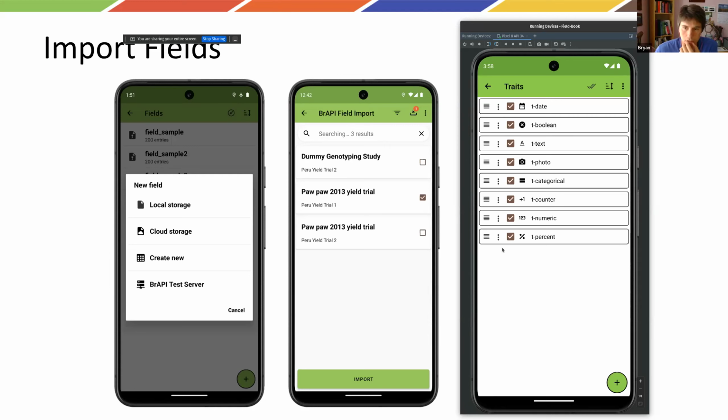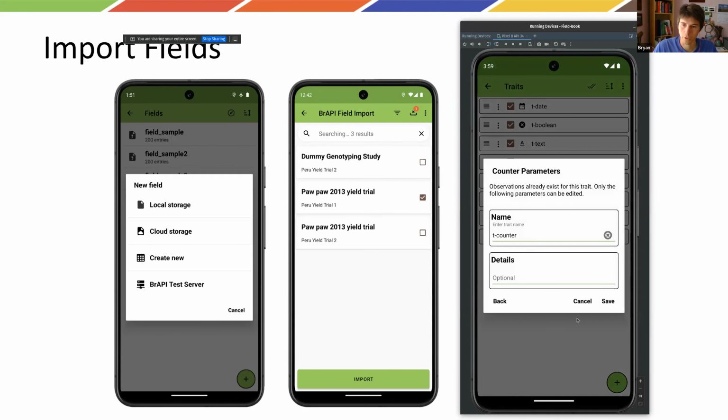Okay. One thing just to point out: when traits come in from BrAPI, generally they'll come with a format, but formats aren't really part of the BrAPI standard. So sometimes the format of the trait might not be exactly what you want. For example, say this counter trait shouldn't really be a counter, it should be numeric. You could go edit. This brings you to the second parameter screen for the counter. If you hit back,